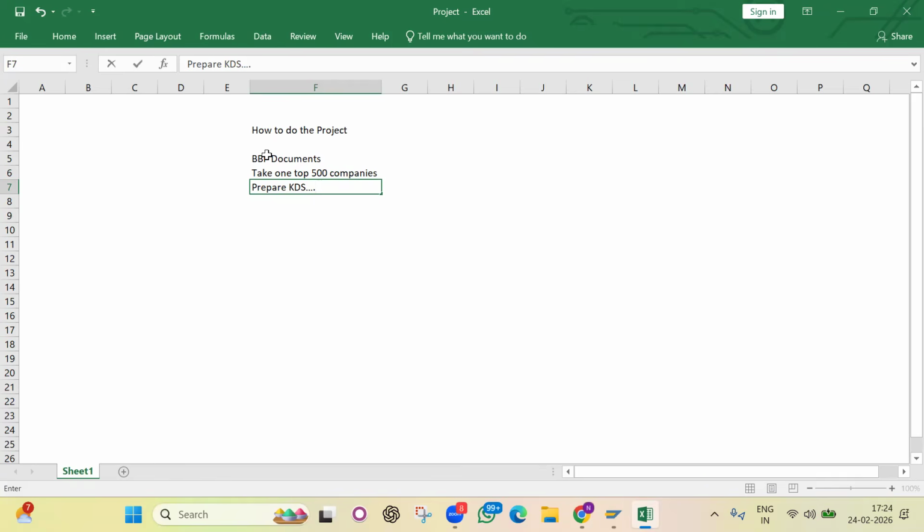There I have already updated the organization structure, vendor groups, customer groups, taxes, GL groups, all those things. That is called key data structure. So based on this key data structure,